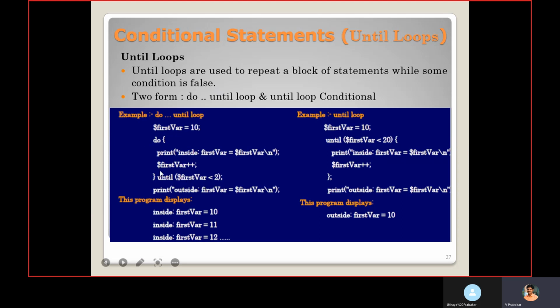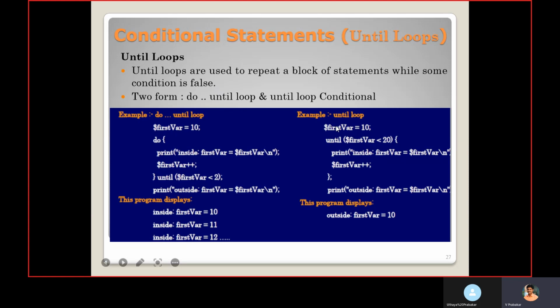So again it goes to the next iteration, and until it is true it continues with this loop. When it becomes true, it comes out from this until block. So here it gets incremented, and all the time it is false, so it becomes an infinite loop.